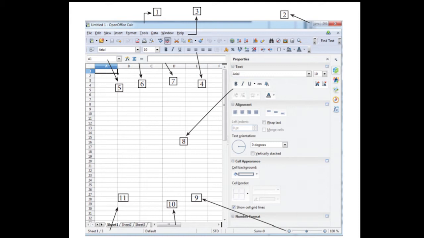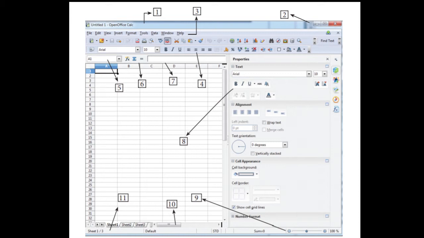Here, if you see, the first one is written there. That one is the title bar. Title bar, as you have seen in OpenOffice Writer, is the top bar. And at the right corner you'll have 3 control buttons: minimize, maximize, and close. All this we have seen in OpenOffice Writer itself, so I'll just say it quickly and we'll move on to our next topic in this OpenOffice Calc.